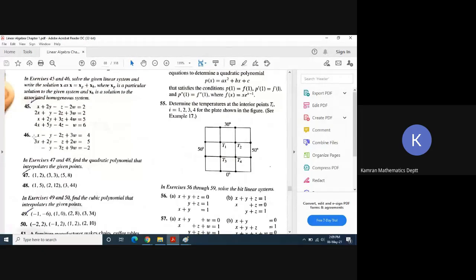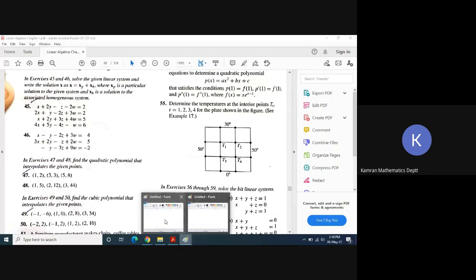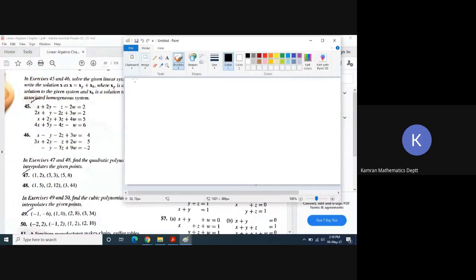So I will solve question number 46 because here are only three equations. The calculation required will be less as compared to question number 45. So question number 46, the system is